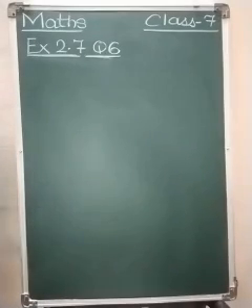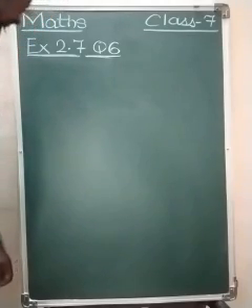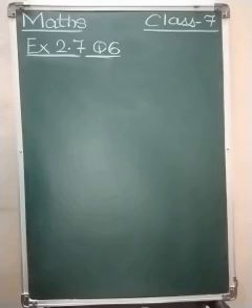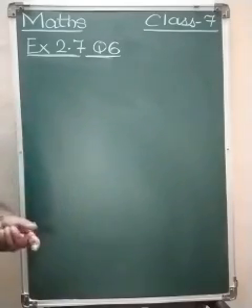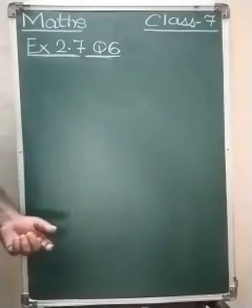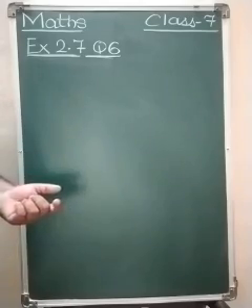Okay, this is the last sum of our exercise and this is the last sum of this unit 2. So we will solve this also. It is a word problem. Let us read the word problem. A vehicle covers a distance of 43.2 kilometers in 2.4 liters of petrol. How much distance will it cover in 1 liter of petrol? Now here, this is called the unitary method. Actually, only decimal numbers are given. Rest all the word problem is same.